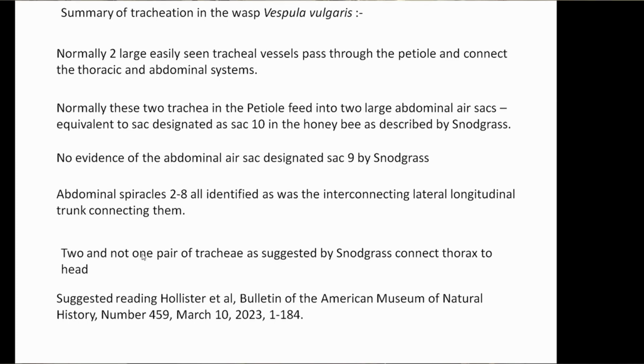There were two and not one, as Snodgrass suggested, tracheae on each side supplying oxygen to the head. I strongly recommend you read this article, which is referenced because this gives a very good discussion not only of